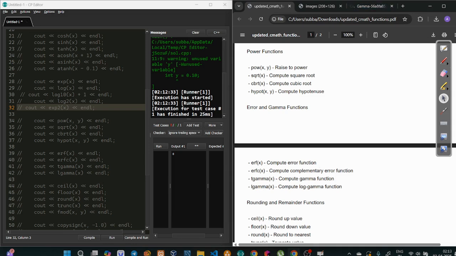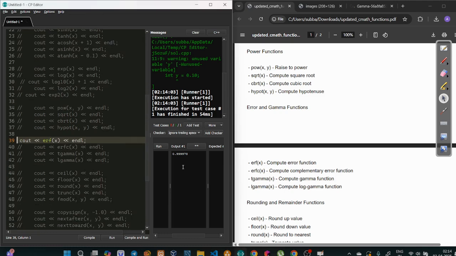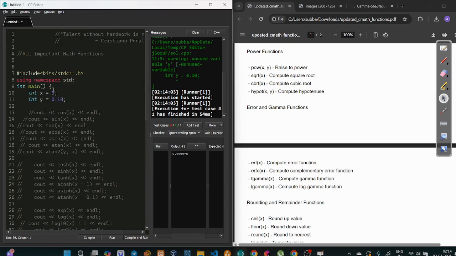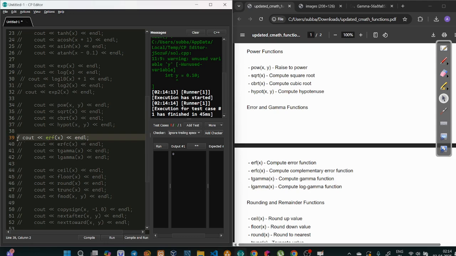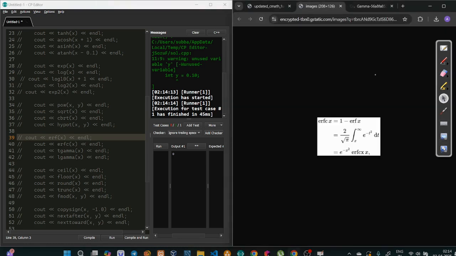Use erf of x to calculate the error function in C++. Here is erf of x, and if I remove the comment, erf of x of around 3 is 0.009. Wow. So the greater the number increases. If I go 0.5, it is 0. Okay, so that's how you calculate the error function using erf of x. Complementary error function is basically erf of x minus 1 or plus 1, something like that. I don't remember. Yeah, 1 minus that. Okay, so